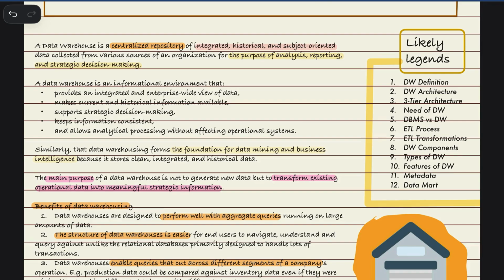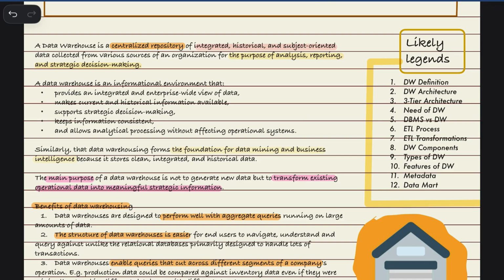Suppose you have a cash register, you also have a website, and you also have an HR department, and there must be shipping trucks as well. So you need to store this data, clean it up, and store it safely for years. This is where the data warehouse comes into being. It has one primary job: to help managers and executives look at the past trends. Look at how much you have sold, what the trend is, to make smart business decisions for the future.